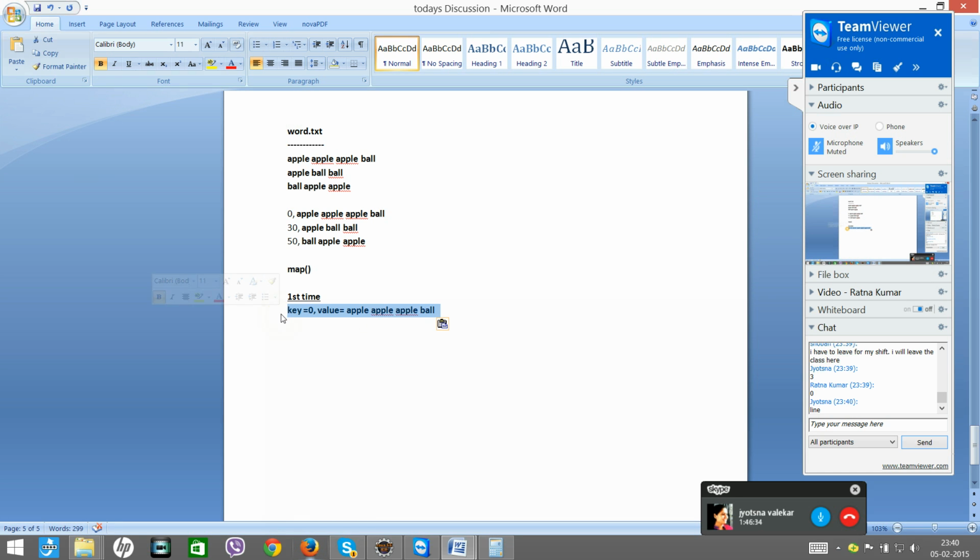Okay, so this is what input key and input value is, not input to the mapper, input key and input value. So what is the output it is going to give for this particular line? What will be the output here? We got this input. Input is 0 and the whole line, but the output will be